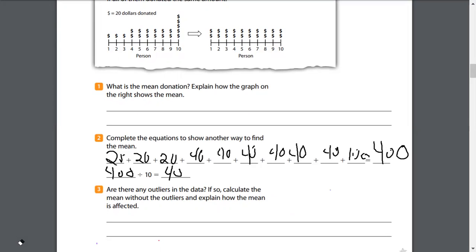So what we have to do is leave 100 out, take the remainder of the data, add it up, and what number will we divide back by? How much data do we have now since we've taken out the outlier? Would be what? 9. So now you add everything up. We already know that the total was 400. So if we take 100 out, we know now the total is 300. So it's 300 divided by 9.